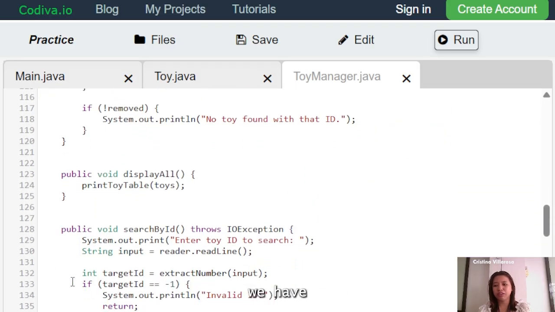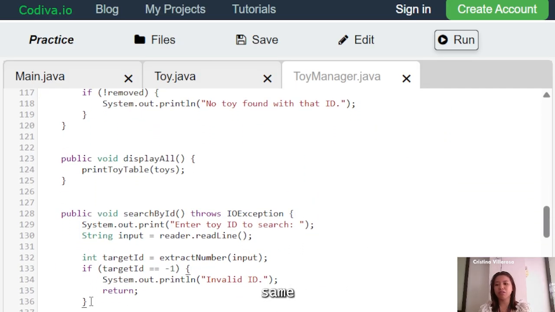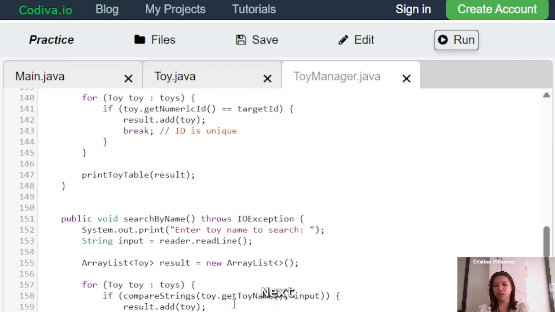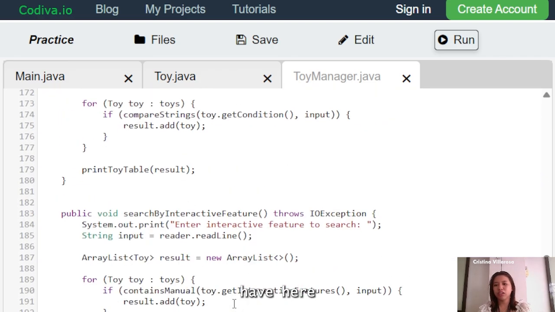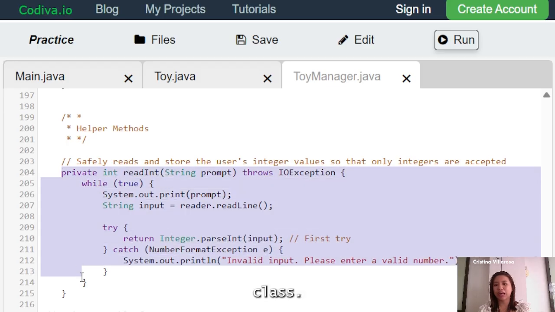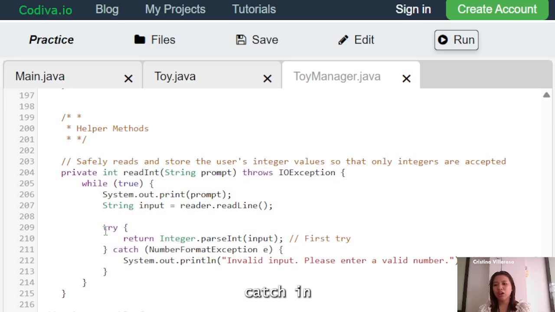We also have the search by ID, same as the remove by ID. It will use the user input and check if the number is not an integer. Next we have a private method, and in this try-catch, whenever there is an error, it will print that your input is invalid.